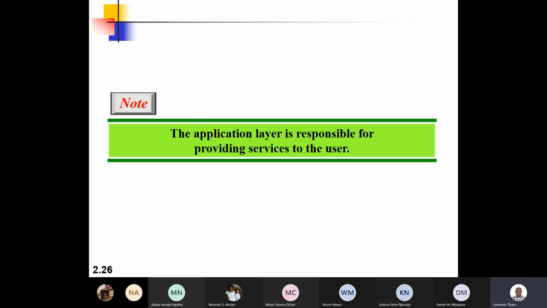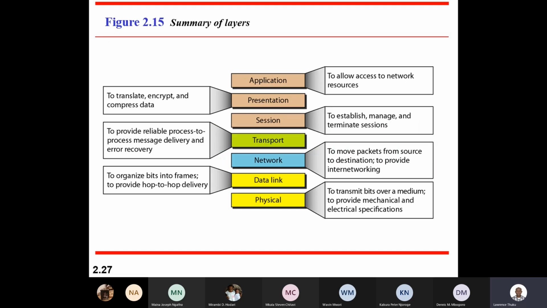Okay, so the application layer is basically responsible for providing services to the user, and these services could either be internet services like the web browser, or email systems like Outlook or Gmail, for example, or Yahoo. All those applications that provide you with access to internet services are basically found under the application layer. So the application layer is one of those layers that is closest to us as users, to be able to interact with the internet services and to provide communication in our scenario. So in terms of summary, this is what you're able to see from bottom to top, using the bottom